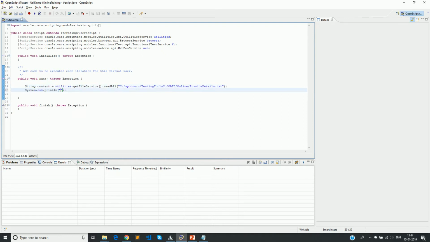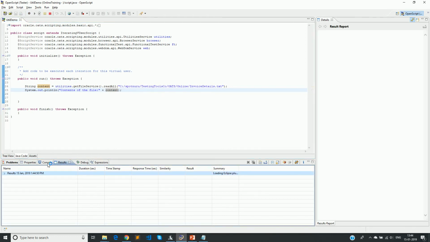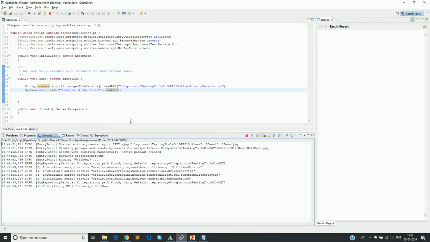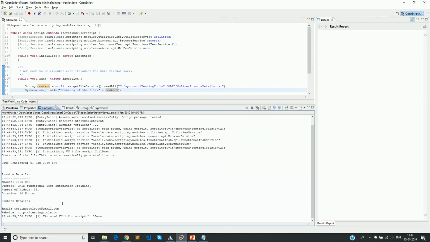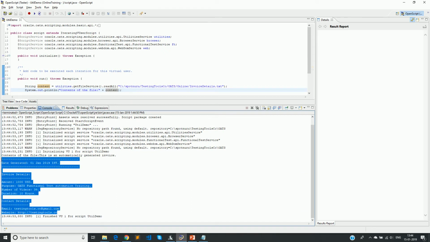Okay. We can now print the contents of this variable and see if we were able to read the entire contents of the file. Let us execute and see what do we get. So if you see here, we have the entire file contents that have been